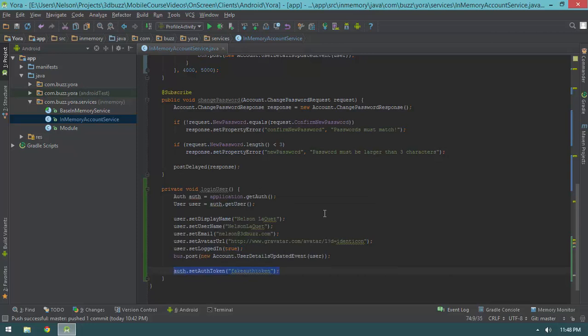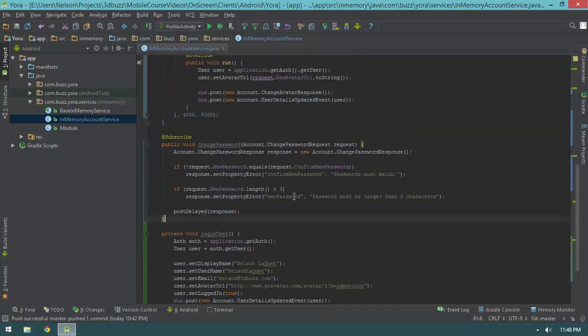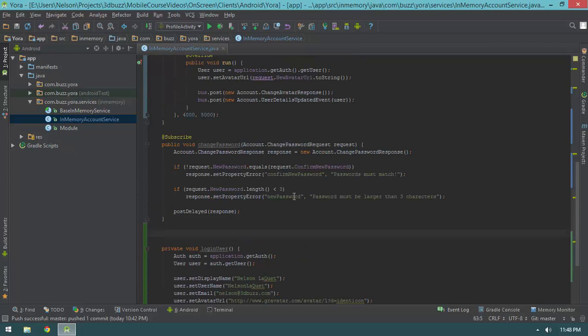Because in this particular application, we are not going to validate auth tokens because we are not hitting the real web server yet. So as a result, the auth tokens are just kind of fake strings that we're going to consider to always be valid. All right, so that's the code that I want to have executed every time we log in. So now let's just go down the list of all the different events, all the different requests that we need